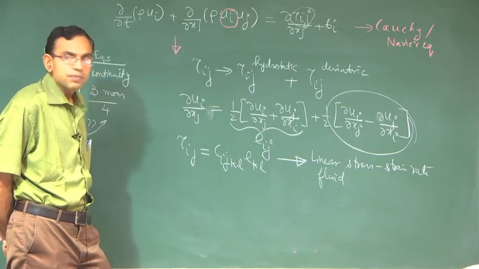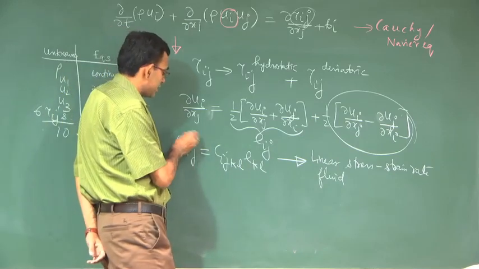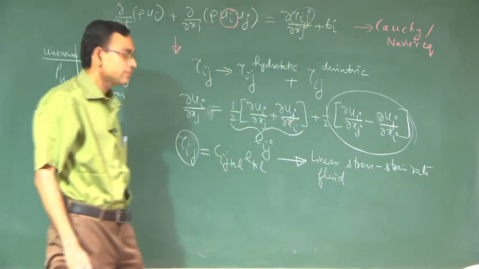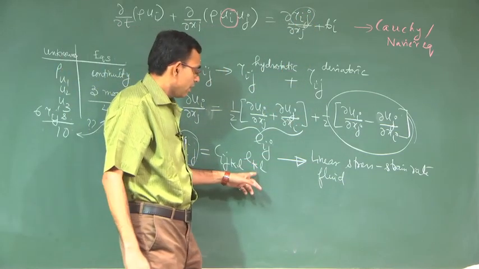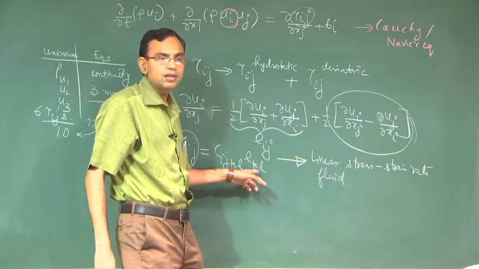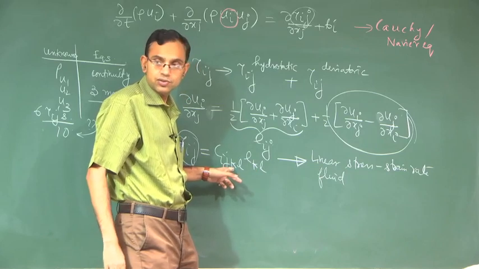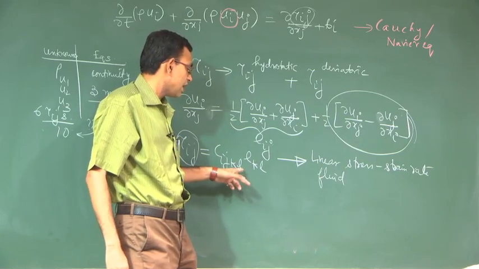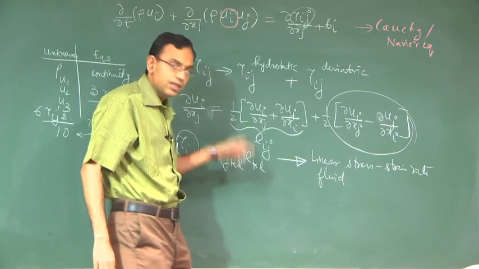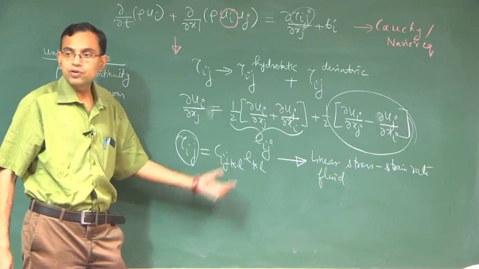Now, here comes the complication. This is what is there as a variable in the equation. This is what you have in terms of the velocities. These will not generate extra unknowns, but this will generate extra unknowns C_ijkl, 4 indices. So, 3 into 3 into 3 into 3, total 81 unknown parameters it will introduce.